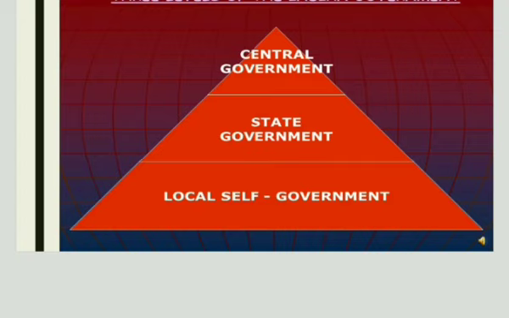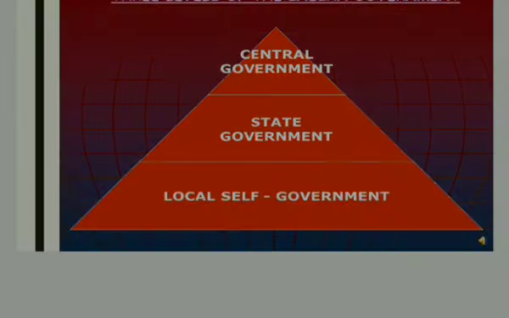Now I'll discuss three levels of Indian government: central level, state level and local self-government. So the government works at different levels. If we're talking about the local level, that means the village level, town or locality. If we're talking about the state level, it means this government covers an entire state like Haryana or Assam. If we are talking about the national level, it relates to the entire country. So government functions at different levels.